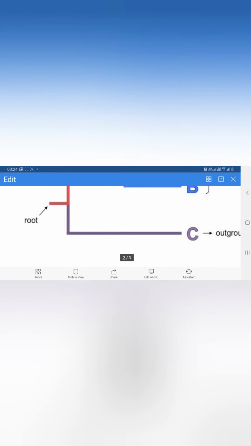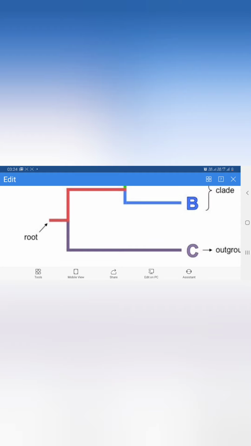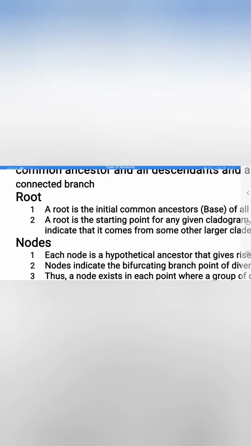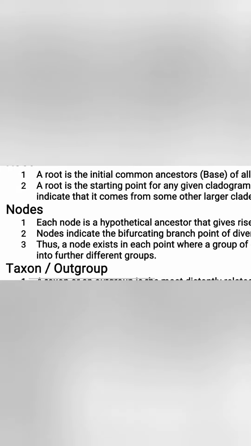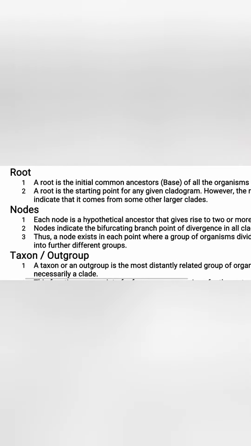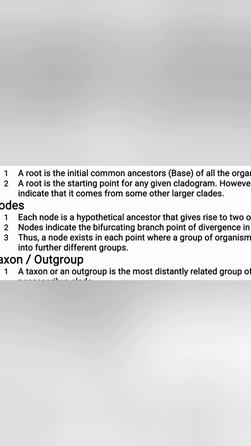So you can see it is a common ancestor and it may arise from some other common ancestor, because this is not an initial point, because this cladogram is a hypothetical diagram presumed for a particular organism